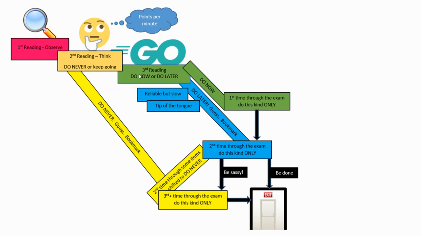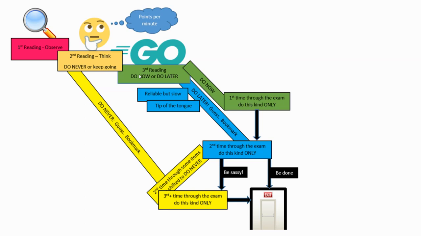Take a shot at them slowly and deliberately because you have that time, because you save that time by doing the easy, quick ones first. And when you're completely done with that, and in my experience with practice, even my students who were not even about 3/4 of the way through the exams, they were missing a whole quarter and they had to scramble and guess in the last 10 minutes. Even students like that, when they practice this system, they would always figure out how to have enough time to go through the first time. And most of them learned how to have enough time to go through the second time,